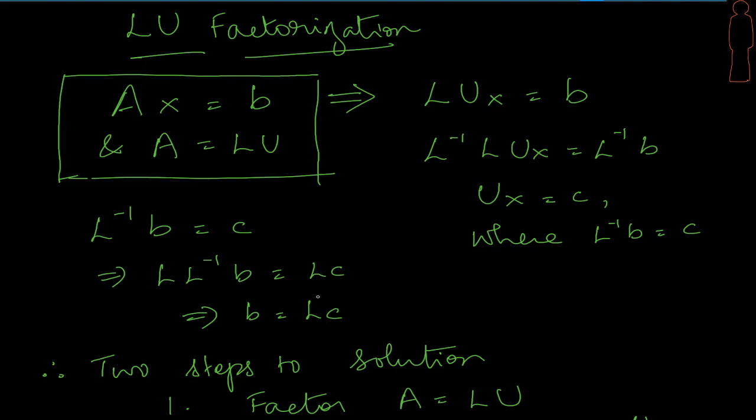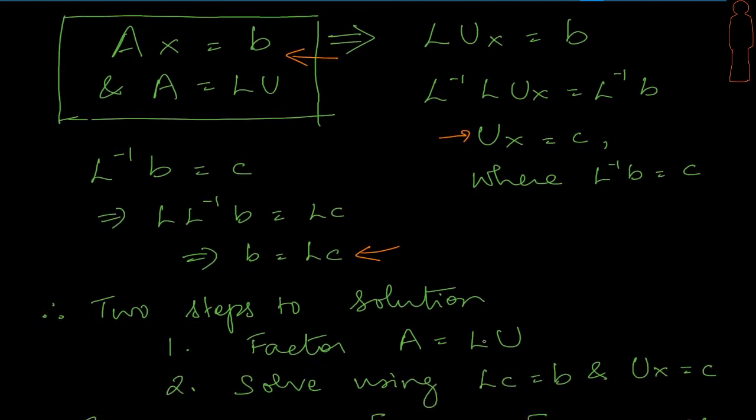Now here is the idea of how to solve AX equal to B using the LU, right? So how we are going to look at it is, we are going to look at these two as two different sets of linear systems of equations. Using them, we are going to solve this single system of AX equal to B. Right, so let me go ahead and show you how we can do this.